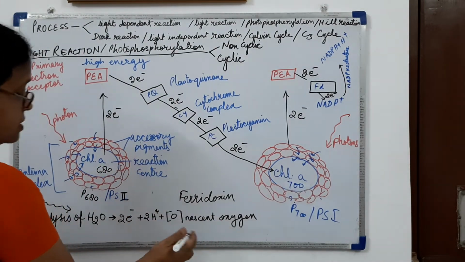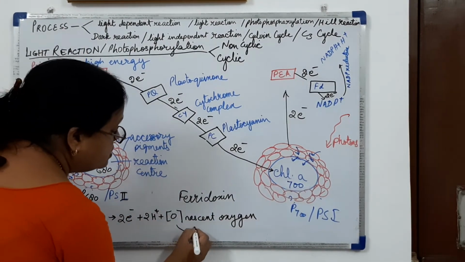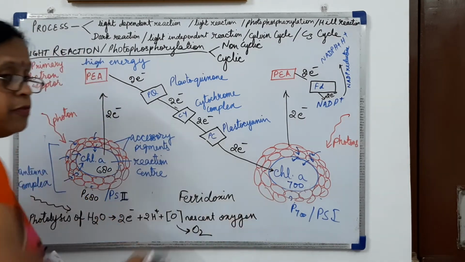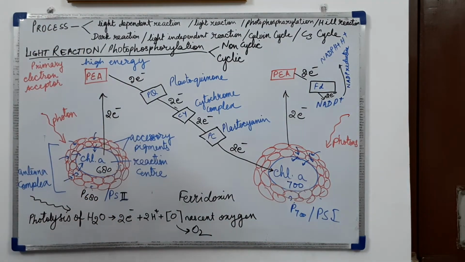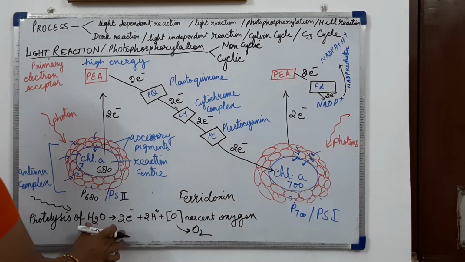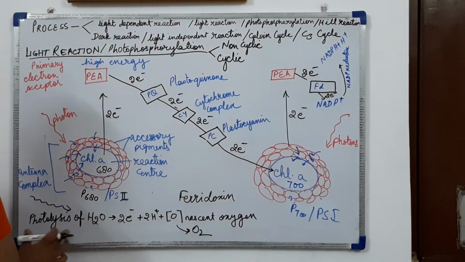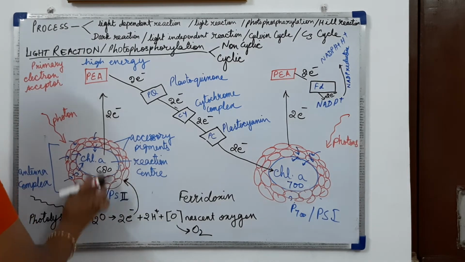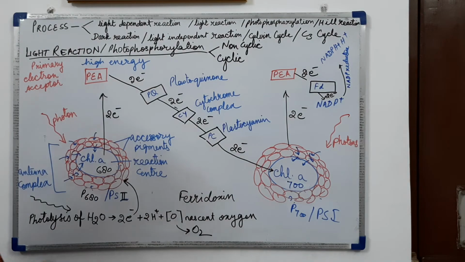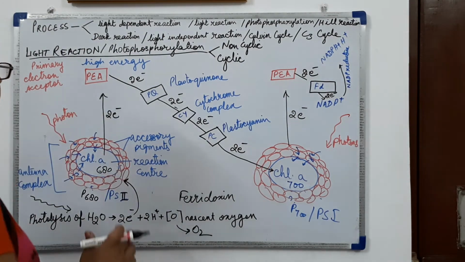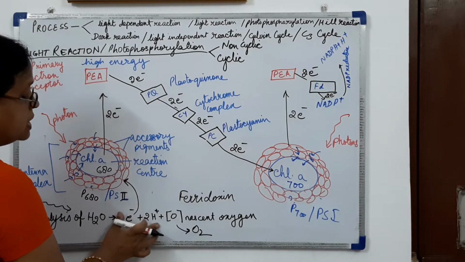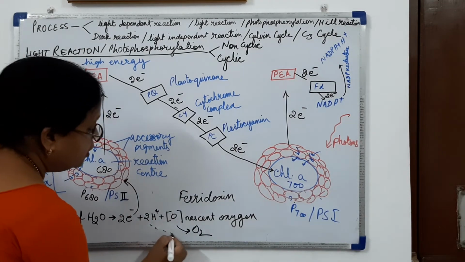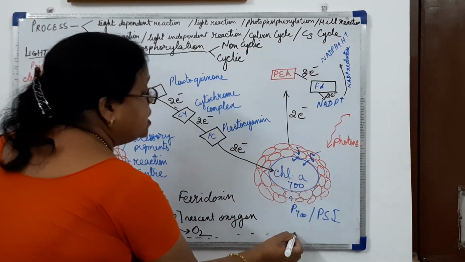This nascent oxygen will make oxygen and it will be given out. This electron which is formed by the photolysis of water will be given to pigment system 2 to fulfill the loss of electron. And these hydrogen ions, they will be accepted by